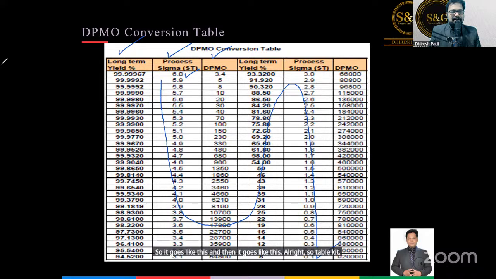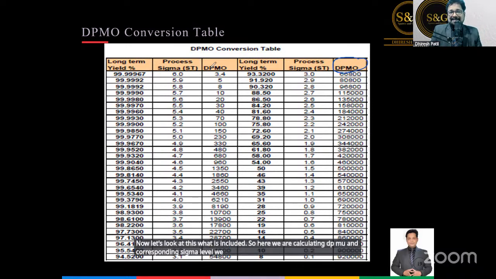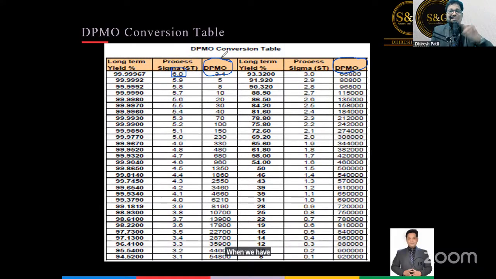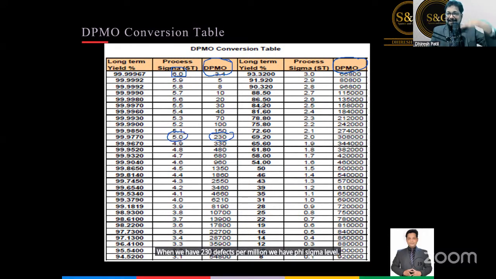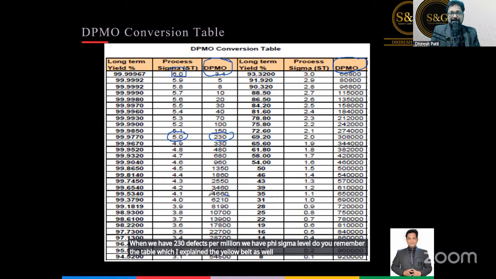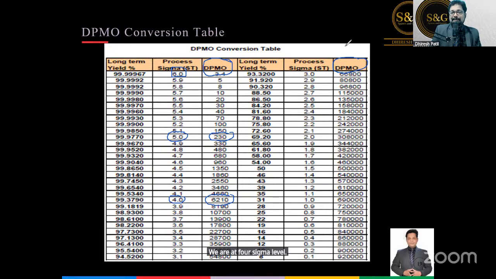Now let's look at this. What is included? So here we are calculating DPMO, and corresponding sigma level we have to calculate. For example, now understand, it's very simple. When the DPMO is 3.4, the sigma level will be 6 sigma. Are you clear? When we have 3.4 defects per million, we have a 6 sigma level of performance. Even in the yellow belt also. When we have 230 defects per million, we have 5 sigma level. Do you remember the table which I explained in the yellow belt as well? When we have 6,210 defects, we are at 4 sigma level. Clear? Similarly,